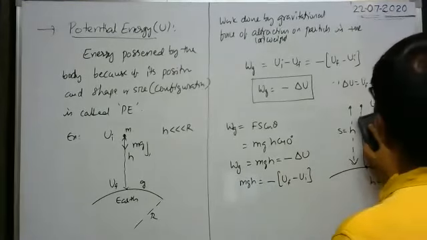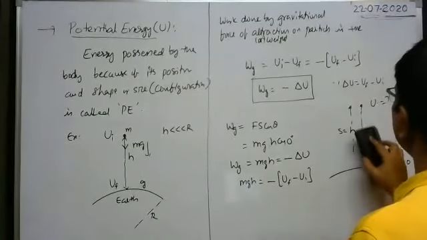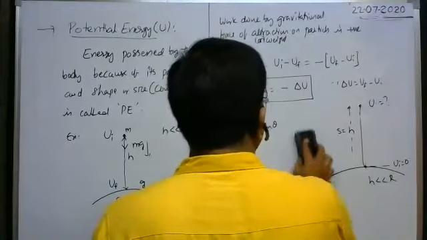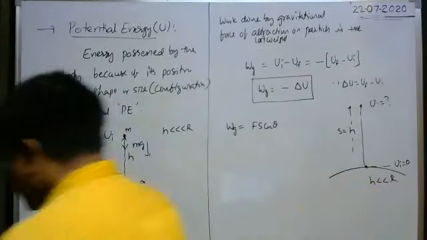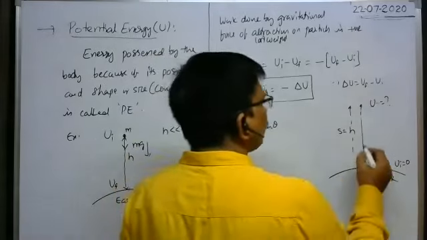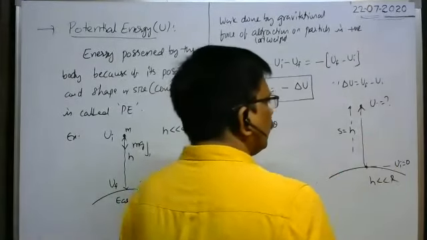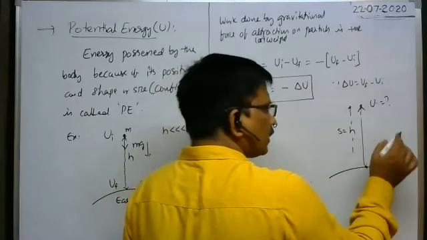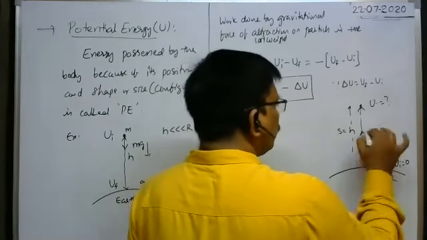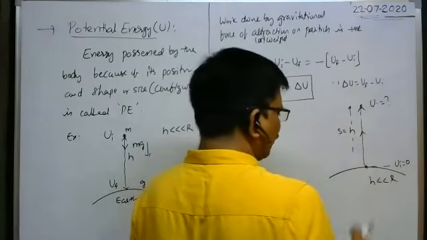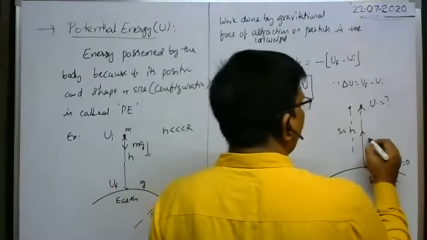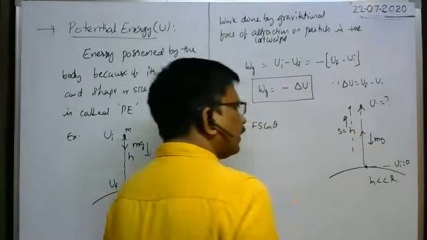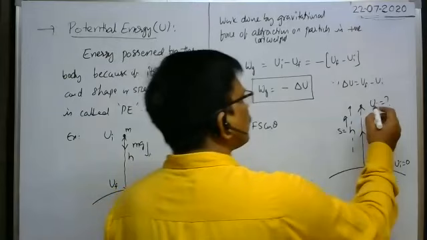Okay, you move the body upwards. Suppose the body is displaced from the surface of the earth to a height h. At the reference level or reference point, you consider the potential energy of the body to be 0. Now, when you move the body in this direction against the gravitational force, weight mg acts vertically downward, whereas the displacement of the body is in the upward direction. Here it is the final potential energy.